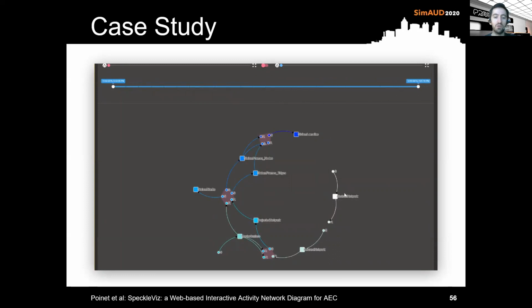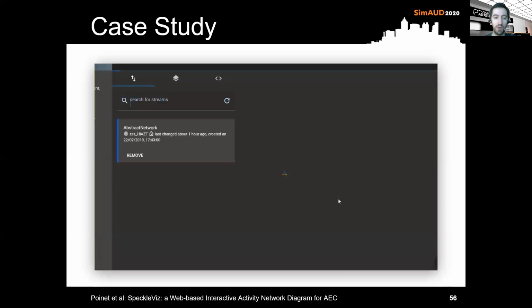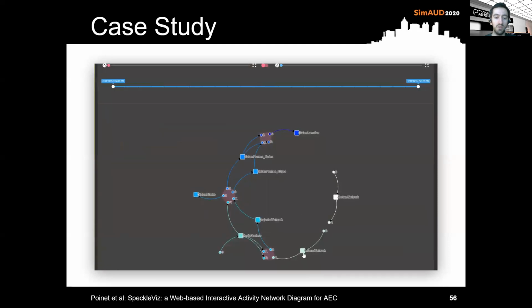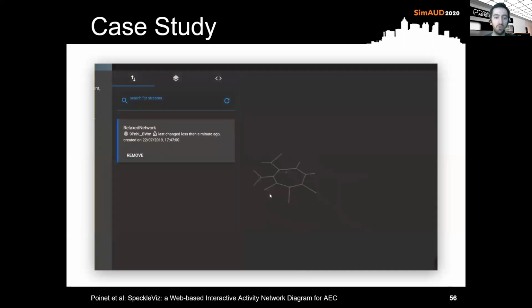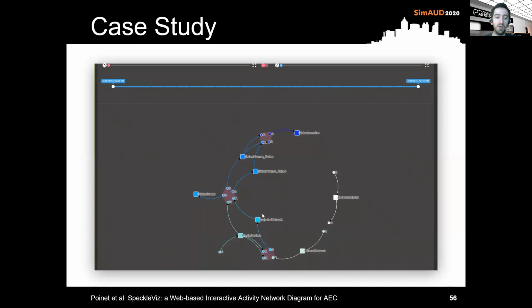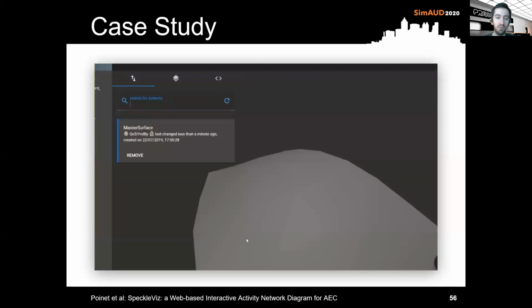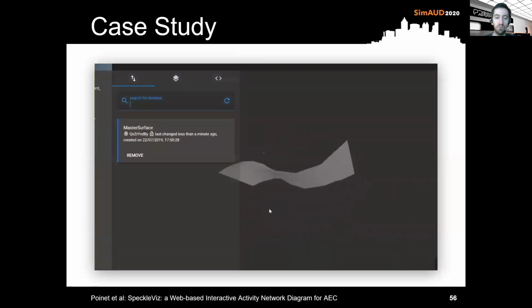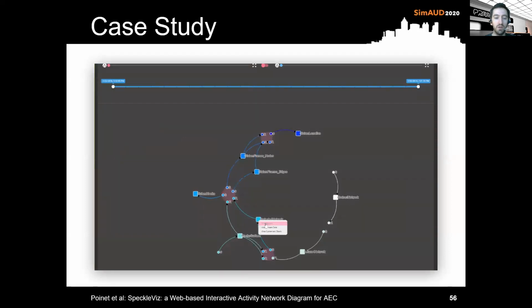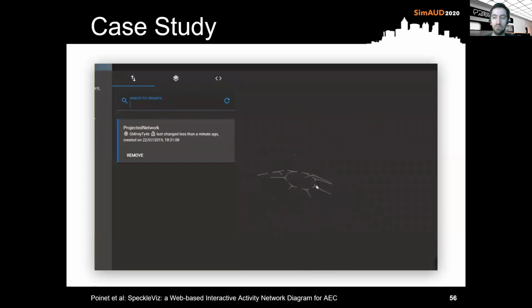Then you can query one particular stream and view it in the viewer. This was generated in Grasshopper, but you can use the viewer to inspect it in more detail. Then you can go back to the graph, go to the next stream that has been generated, inspect it as well, and reiterate this process so that you can view each object that was sent over the platform